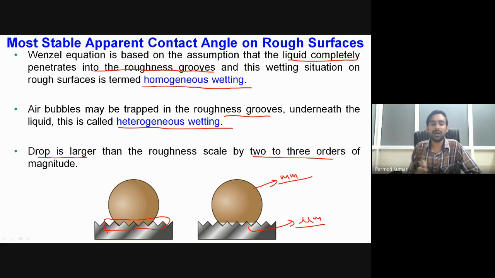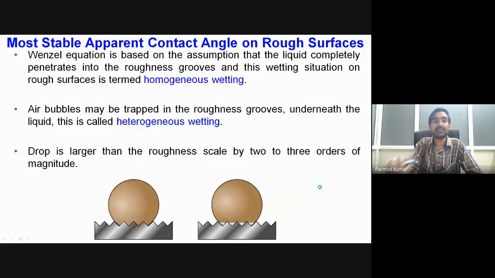Okay. So generally this is true also, as I have told you that the order of roughness is in micrometers, and the order of the droplet size, particularly for engineering applications, is of the order of mm. So you can see over here that 10 to the power 2 to 10 to the power 3, some 2 to 3 orders of magnitude will be existing. So normally this Wenzel equation, whatever we have seen, is applicable for the majority of practical situations.